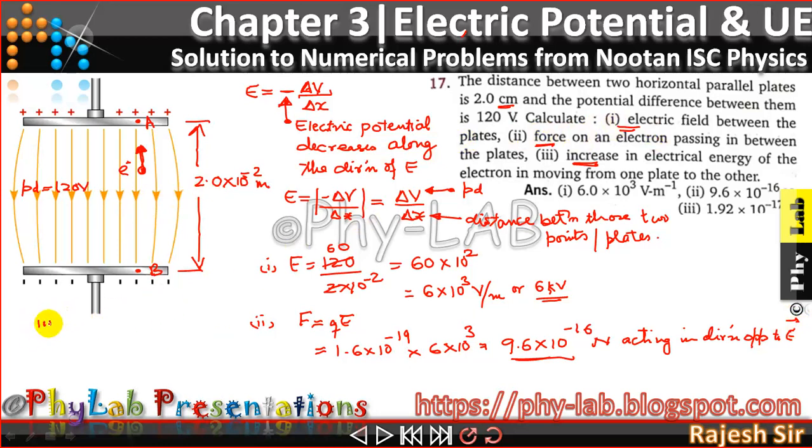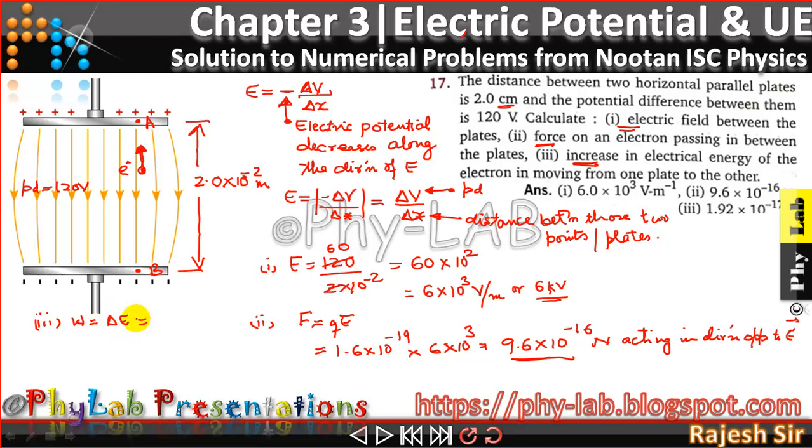Now remember, friends, the work that you do in moving any particle between 2 points or through some distance always gets stored in the form of either potential energy, or it might be utilized in the form of gain in kinetic energy. So here they are asking me to find out the energy. That means the work done always gets stored or converted into some form of energy. So work done by us or work done by the field is always the cause of increase or decrease in the energy, friends. So work done basically stands for change of energy of the system, friends.